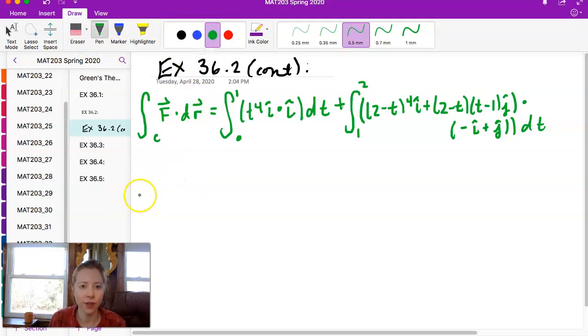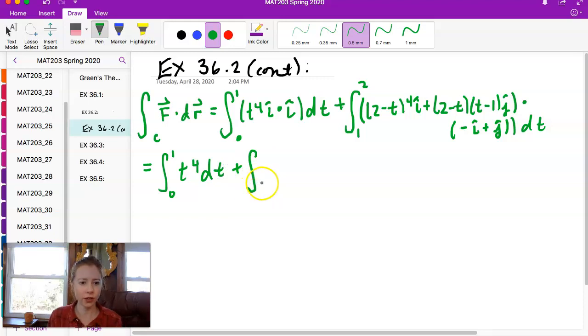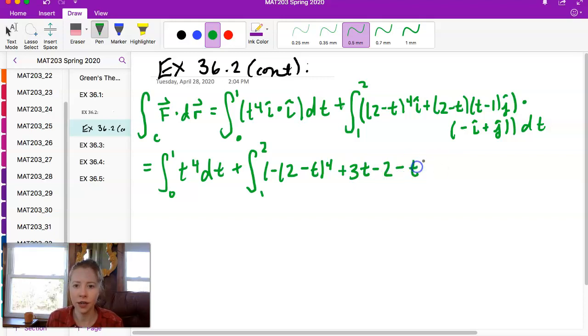Okay, so this is going to give us the integral from 0 to 1 of t to the fourth dt plus the integral from 1 to 2 of minus 2 minus t to the fourth plus 3t minus 2 minus t squared dt,